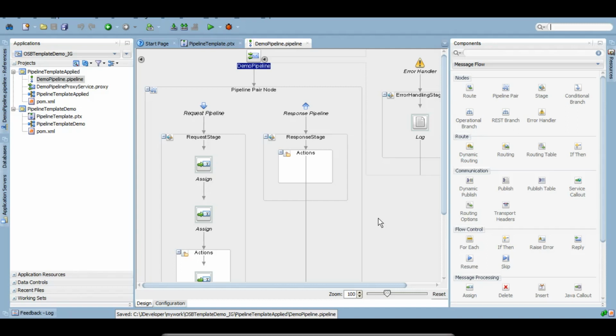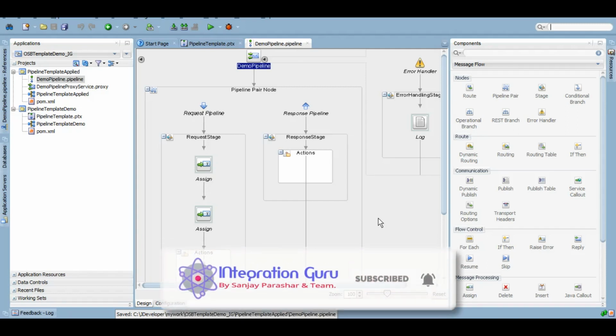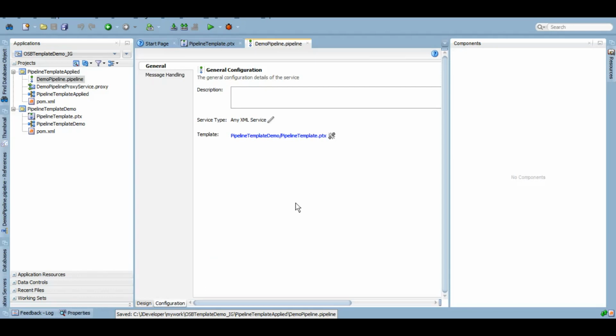If you do that, your concrete pipeline will become a regular pipeline. To do that, in your pipeline, click on this configuration, and you see this icon here. The moment you click on it, your connection will be broken, but you can't undo this action.